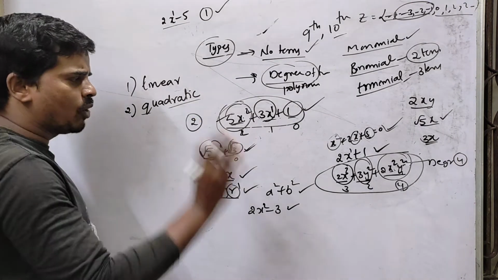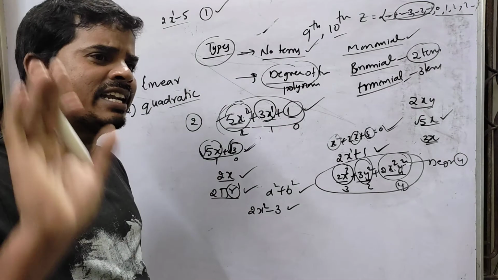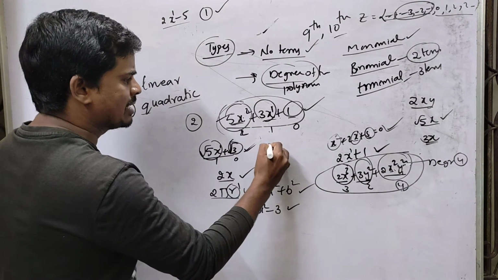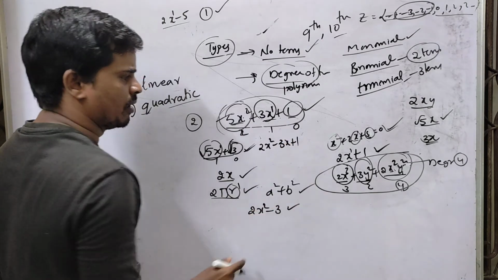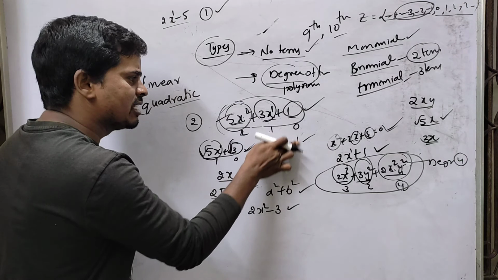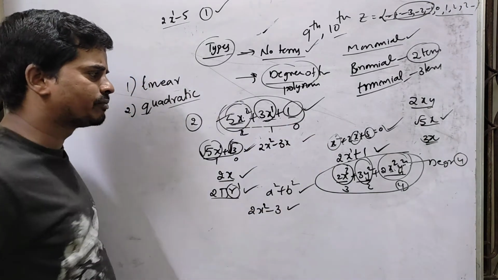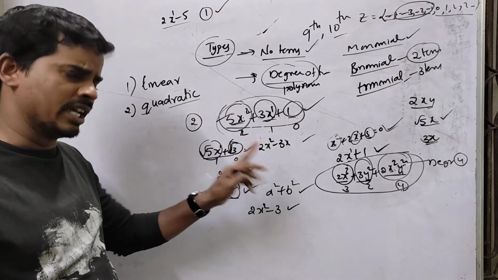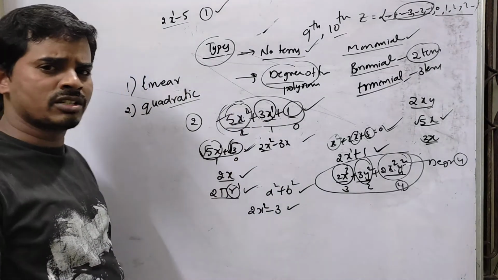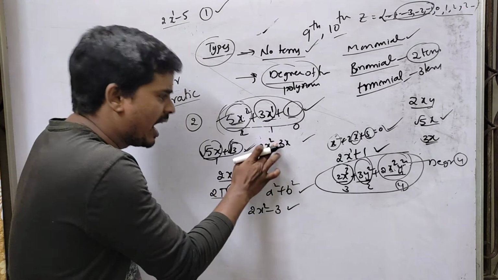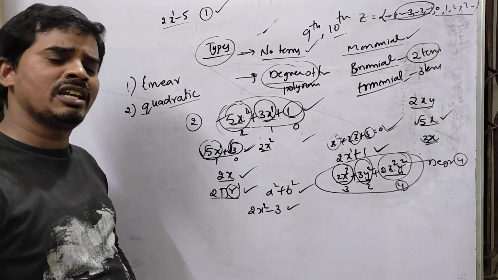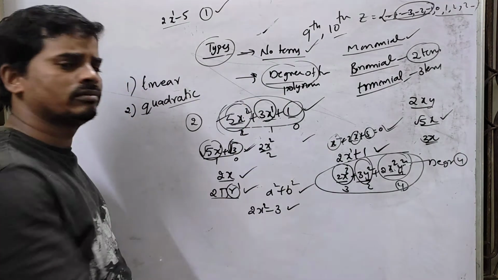So to call it a quadratic polynomial, there must be a degree 2 term. For example, 2x square minus 3x plus 1. Students, this is a quadratic polynomial. Now I am erasing one of the terms, the constant term. Is it a quadratic polynomial? Yes, still it is, because the highest degree is still 2. I erased the 3x also. Is it still a quadratic polynomial? Yes, because the degree is 2 only.